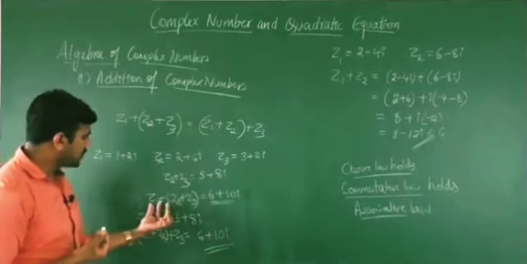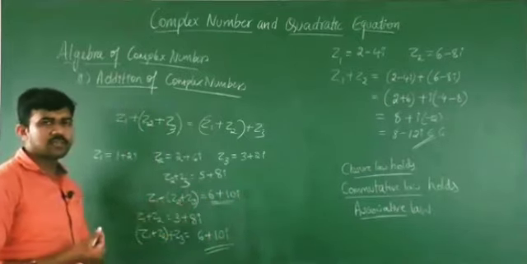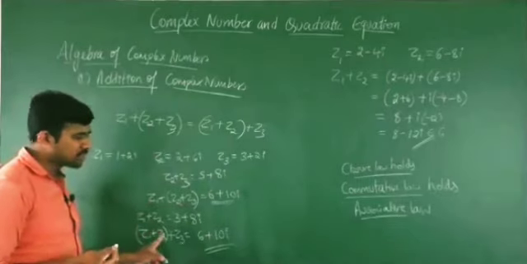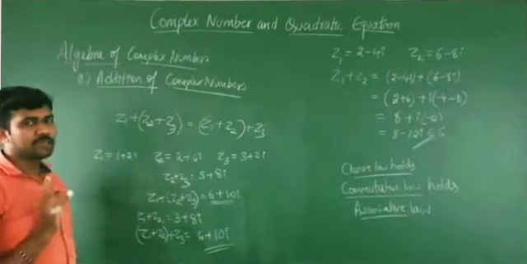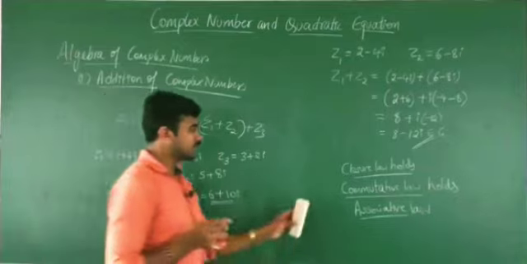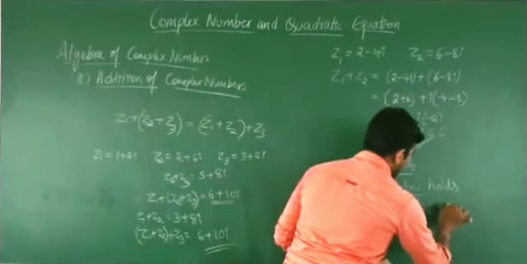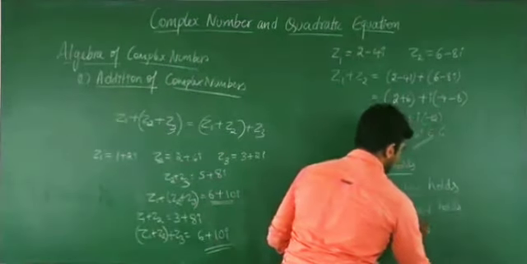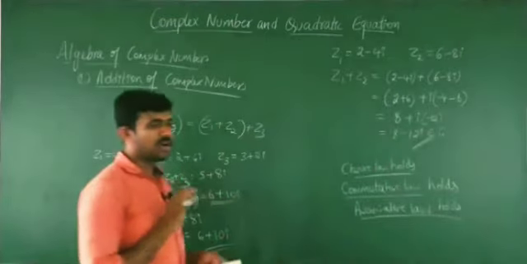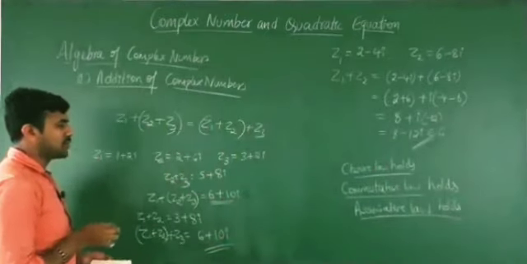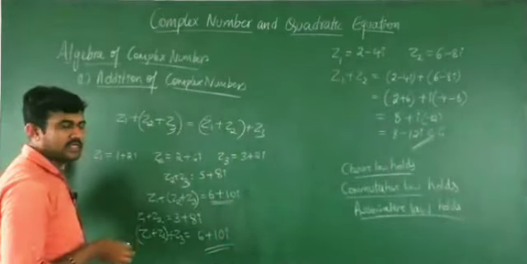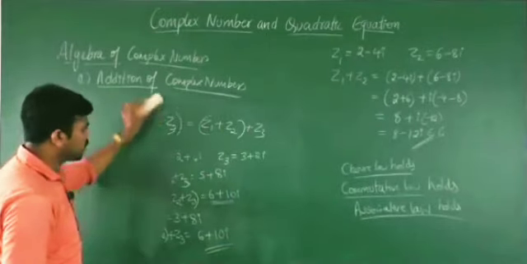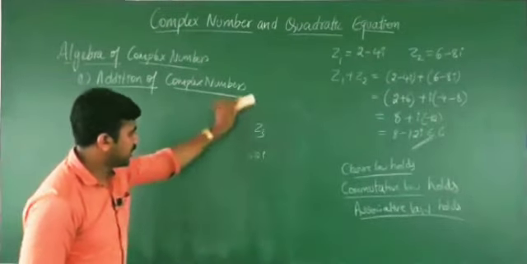So what you can observe here, (z1 + z2) + z3 is same as z1 + (z2 + z3). It means that what? The associative law holds in addition of complex numbers. Okay, associative law holds in the addition of complex numbers. Okay, is it clear? Now we'll move into next property, that is